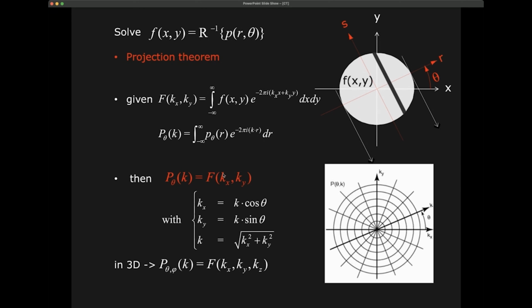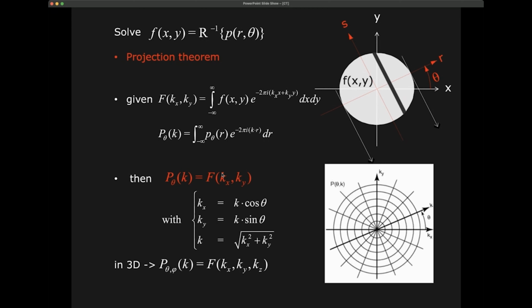The only thing is that they are in a different coordinate system. So that means that if you take the Fourier transform of your projection, of the P, you then convert it from a polar to a Cartesian coordinate system in the Fourier space, and you then do an inverse Fourier transform of this, you have your original distribution. And that's the famous projection theorem